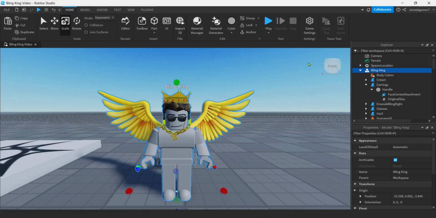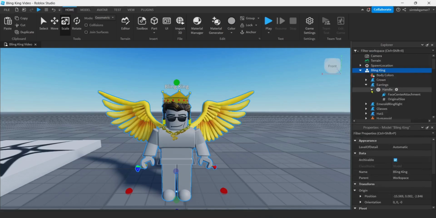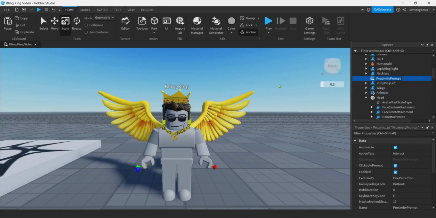Bling King. And we're going to hit the plus. We're going to add a proximity prompt. Oops, PR. There we go. Proximity prompt. Let's bind that proximity prompt and give it a name that makes sense so we can bind it again. I'll keep the prompt on the end. I'll call this